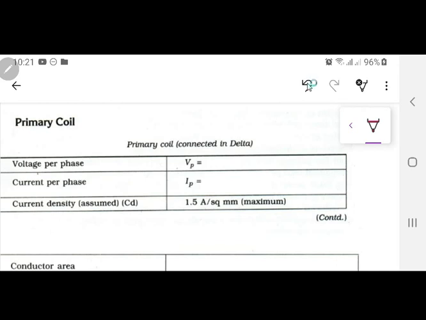The primary coil is actually the high voltage coil, because we are trying to feed in power from the high voltage side. Actually, primary and secondary coil, I have already told you, we don't normally use these words in the industry, but this is an old Indian author, so maybe they use the same words. So this is going to be 11 kV, or you can just write 11,000 volts. What is the primary current per phase? It is very easy over here.